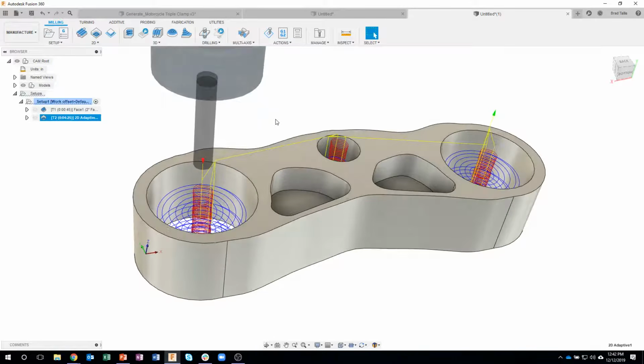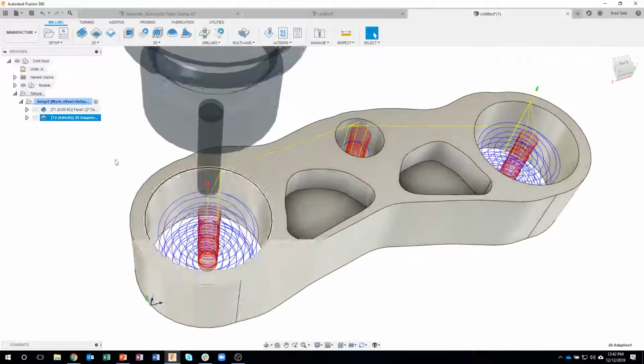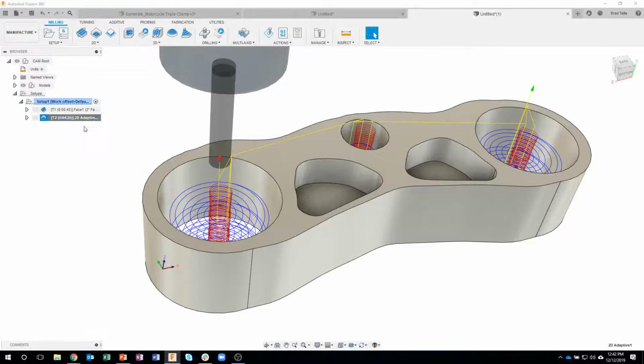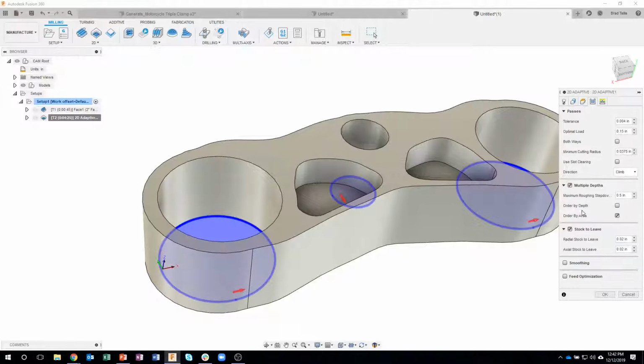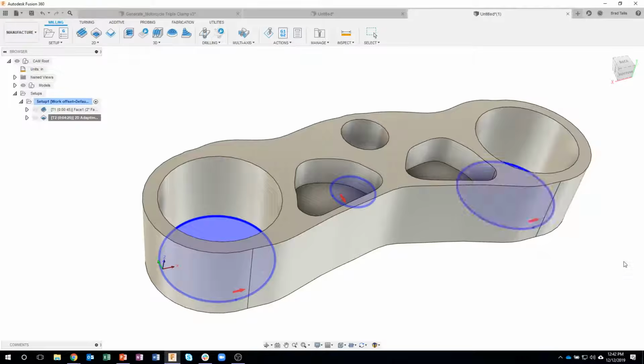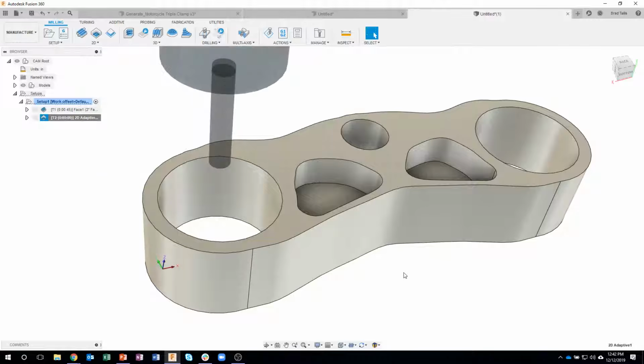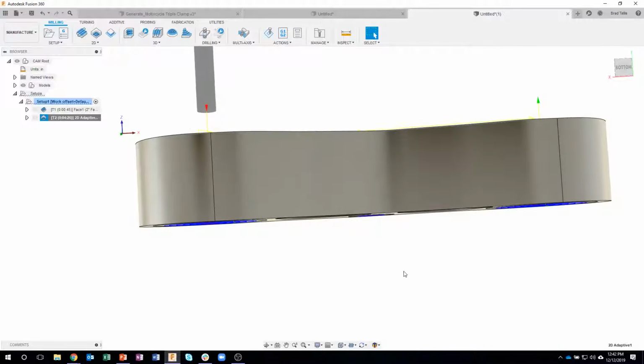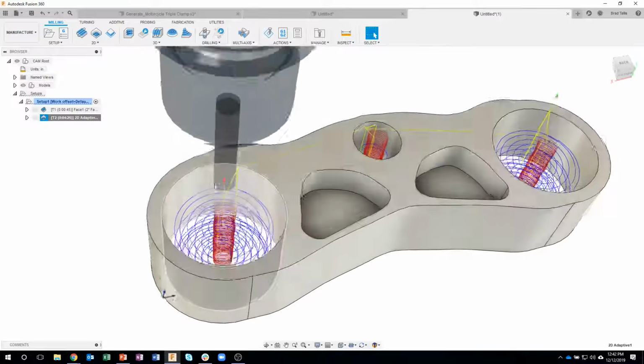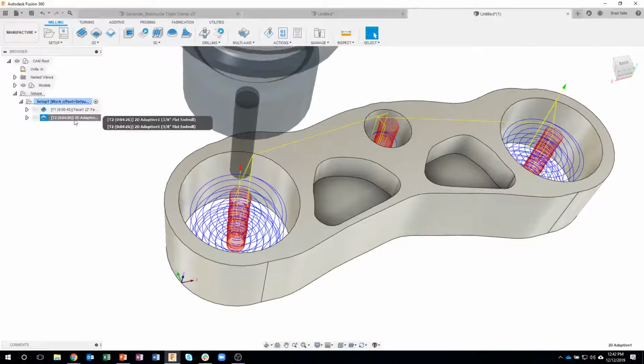Okay, moving on here. So I've basically machined these out. Another option that I like to keep on is stock to leave. What this is doing is leaving just a little bit of material that I can come back and do a finishing pass. Now in this case, I don't want to leave any axial, so I'm going to change this to 0, and this might be why I wasn't seeing the toolpath come out the bottom. There we go, you can kind of see that there. So it's going to leave a little bit of stock to leave,